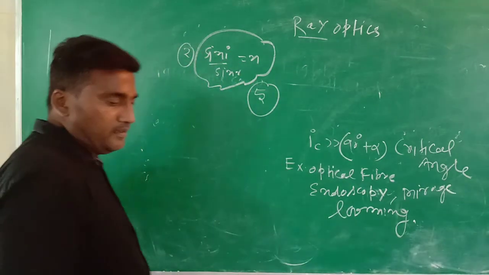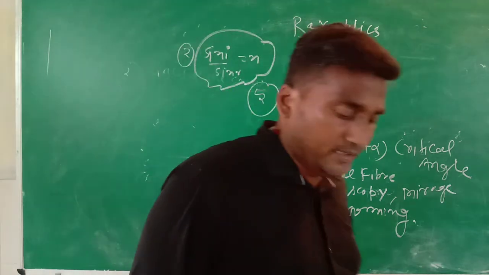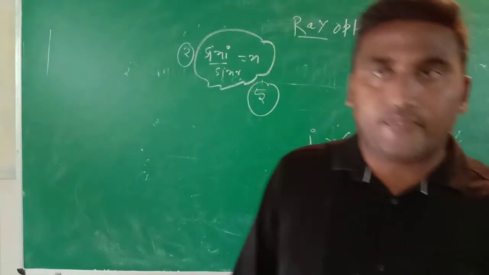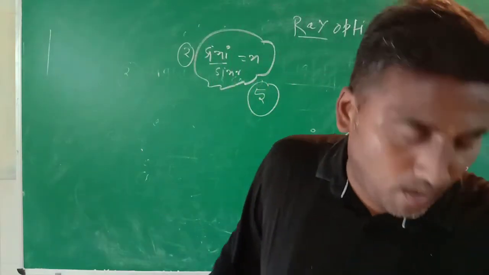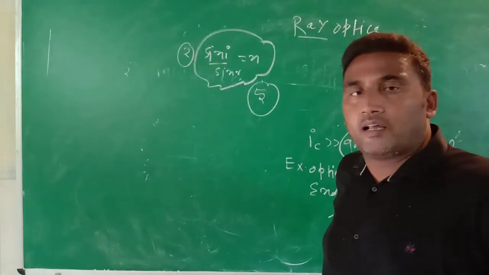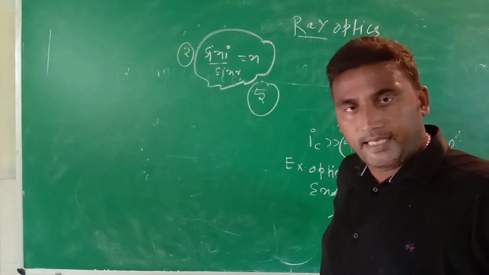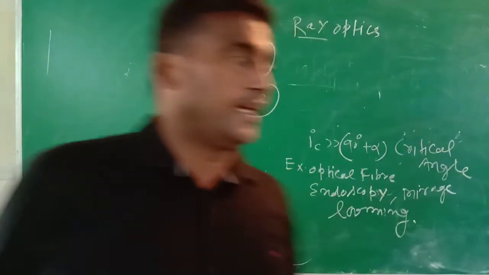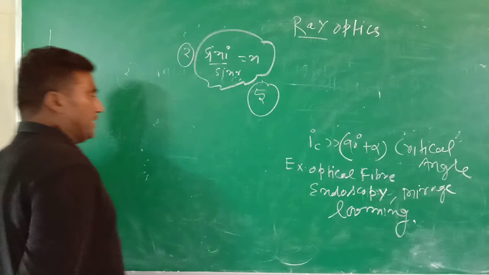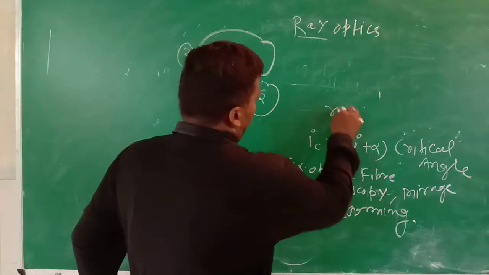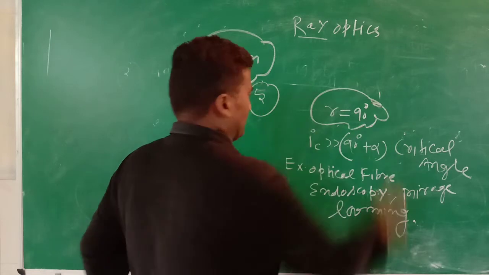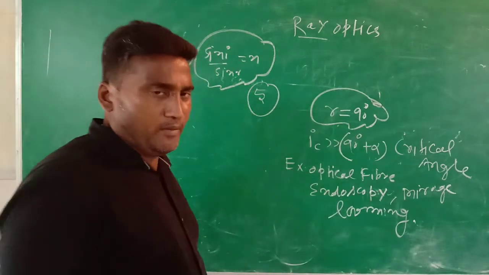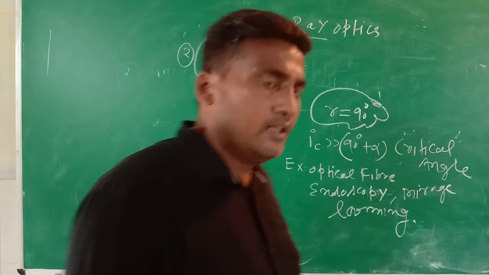Now there are two main reasons for the development of total internal reflection. First, the ray of light passes from the denser to the rarer medium, and second, the value of the incident angle i c is greater than the critical angle, where the angle of refraction r is equal to 90. That is known as the critical angle, and the phenomenon is called total internal reflection.